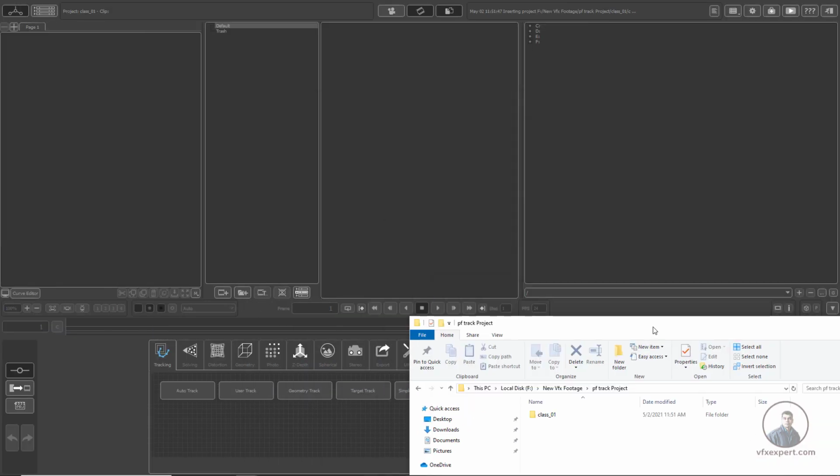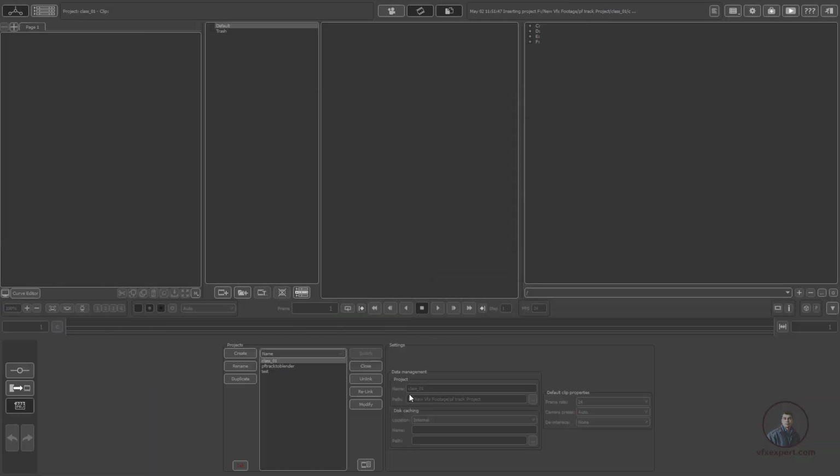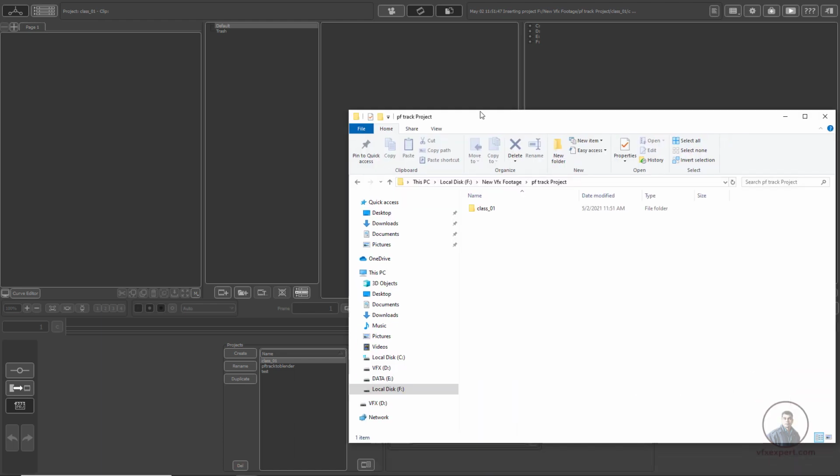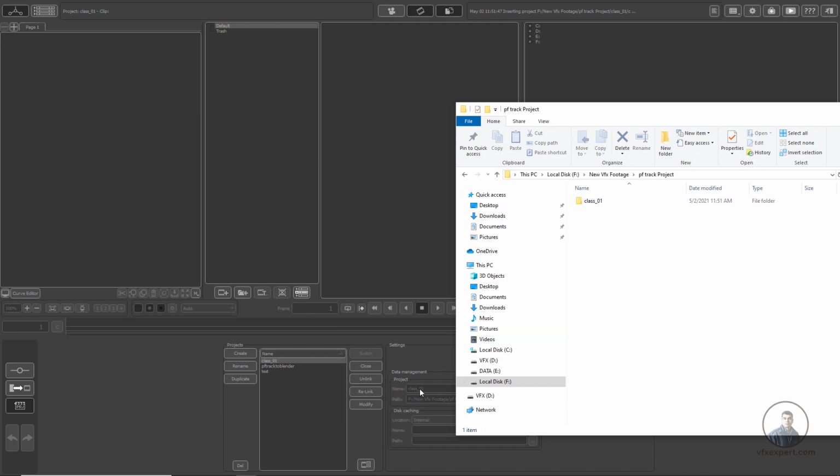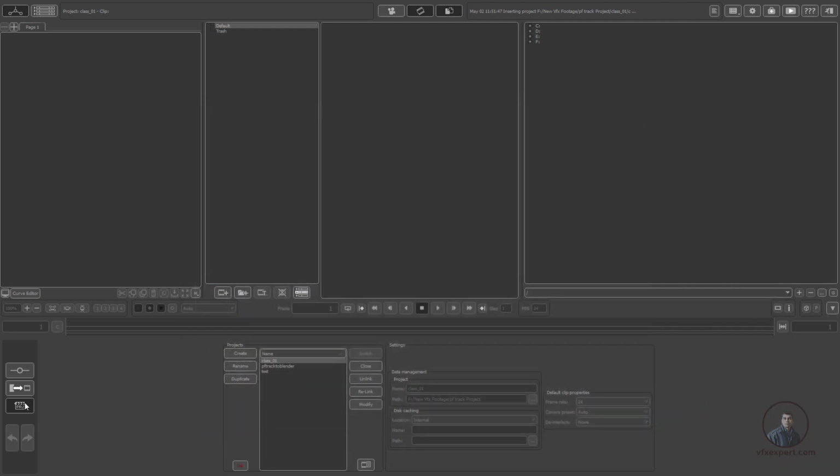Whatever name you have defined here, that folder will be created, so it is actually creating a folder for us by default. Inside this folder you will get all your PFTrack files and all the other folders also. Okay, so remember this one. Because I have already created my project, you can see this is the project which you have created, and these are the other projects on which you have worked in PFTrack. If you want, you can switch from one project to another project. But here I am going to work on this created project, which is class 1.